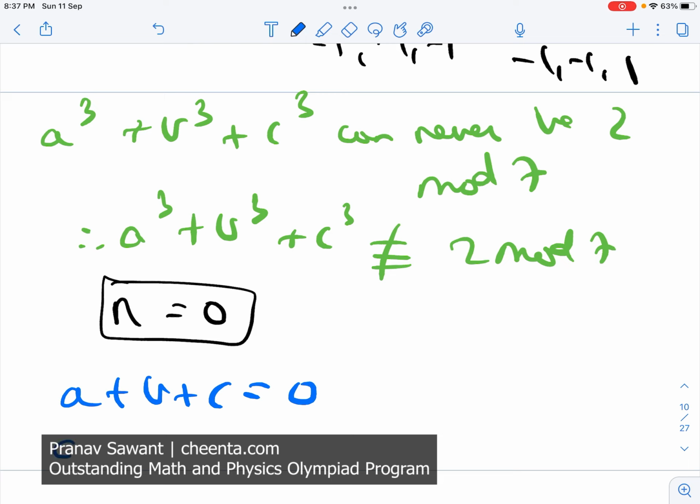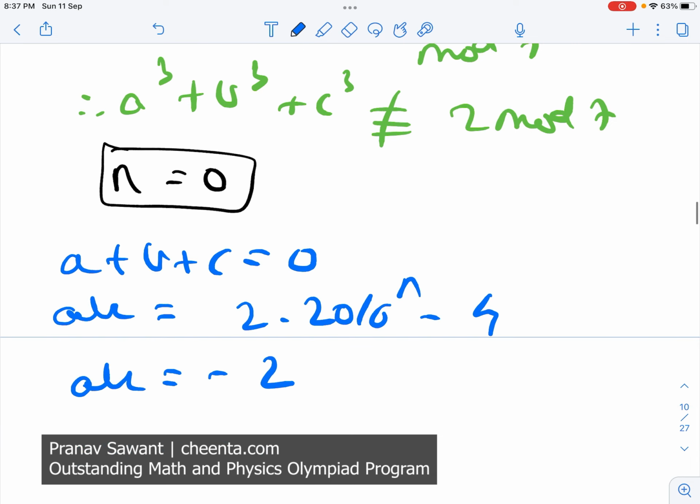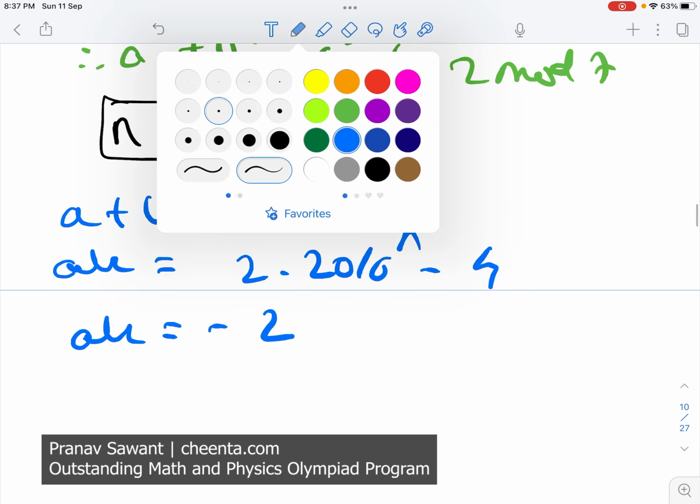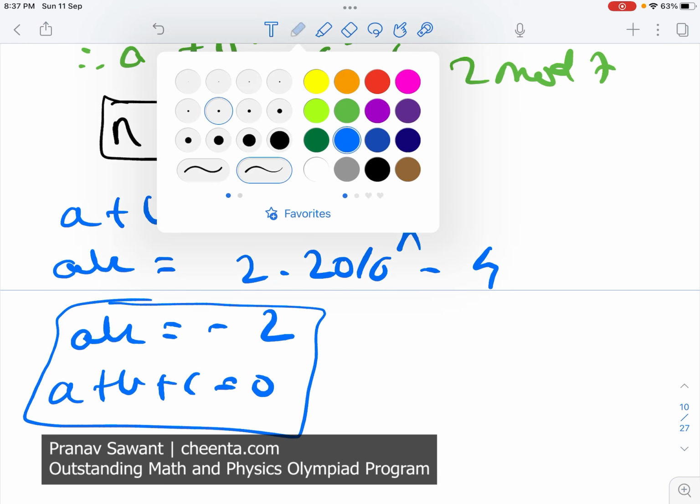We had abc is equal to 2 times 2016 raised to power n minus 4. So when n is 0, abc becomes minus 2. So we really only need to solve 2 equations. One of them is abc is equal to minus 2, and the other one is a plus b plus c is equal to 0. So now we need to solve these 2 equations, and you will really easily